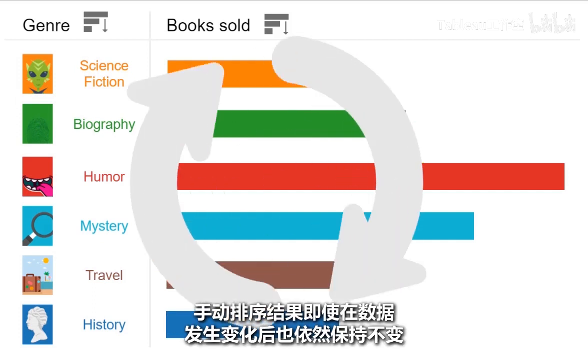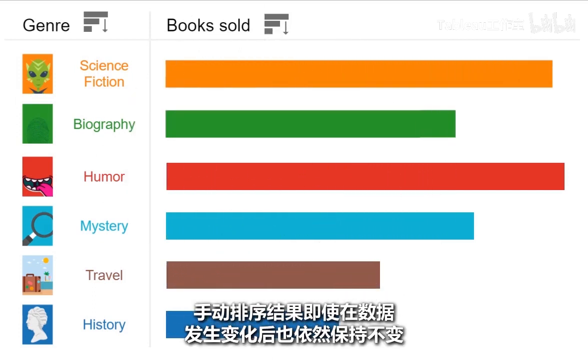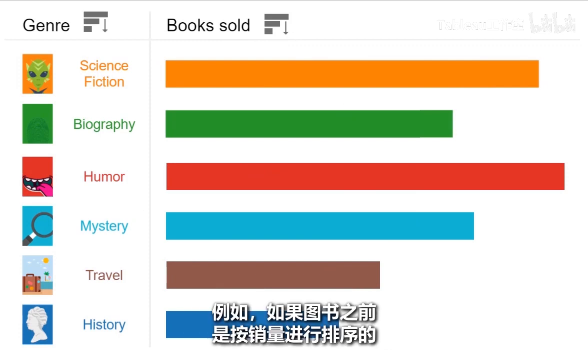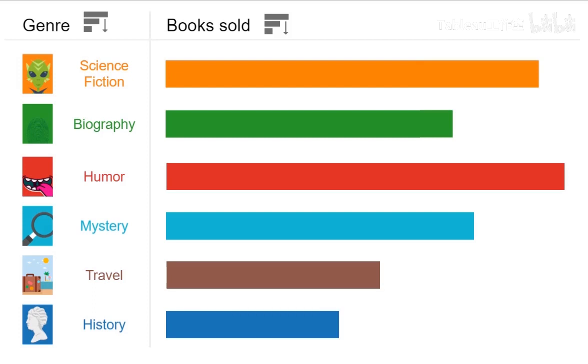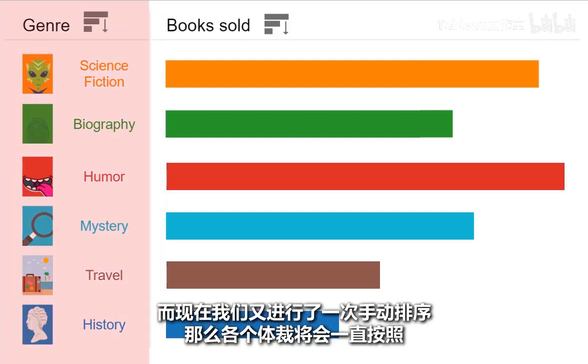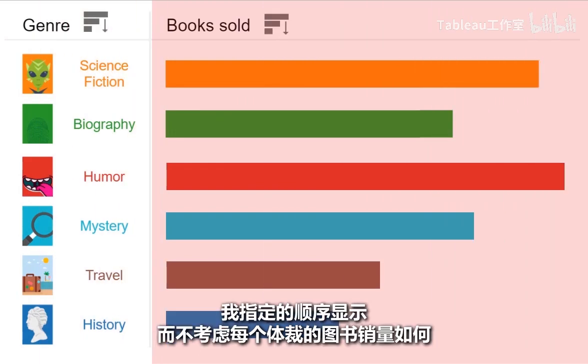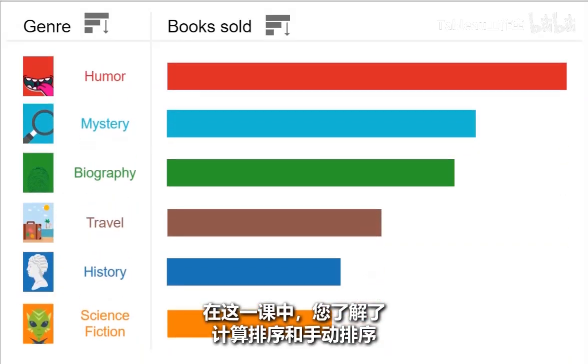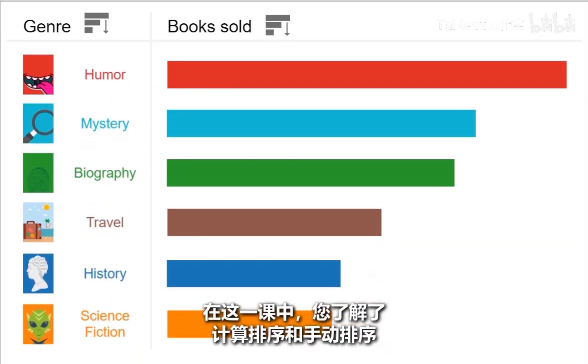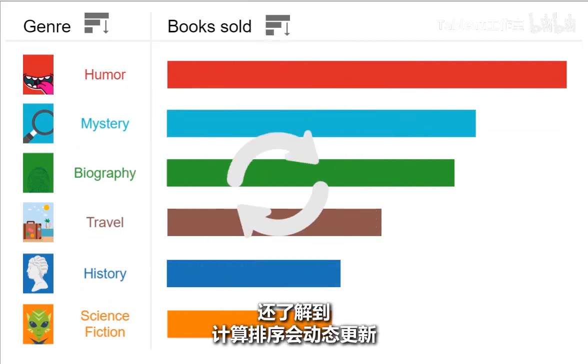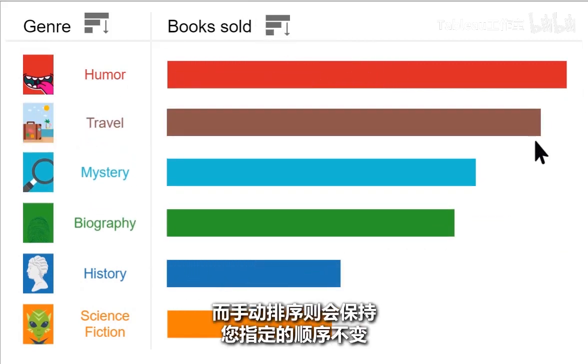Manual sorts are maintained even when the data changes. For example, when books were sorted by number of books sold before, but now we have done a manual sort, the genres will stay in the order that I put them in, regardless of how many books are sold in each genre. In this lesson, you learned about computed and manual sorts, and that computed sorts update dynamically,